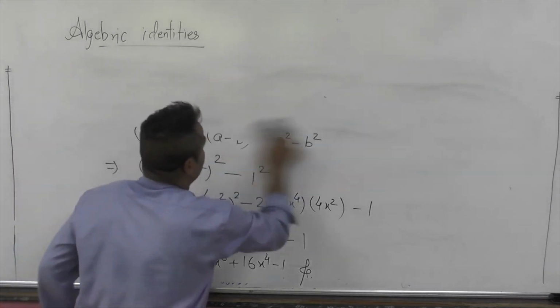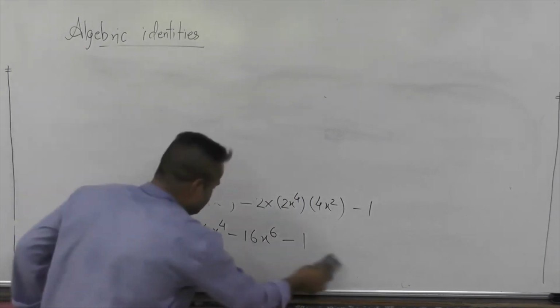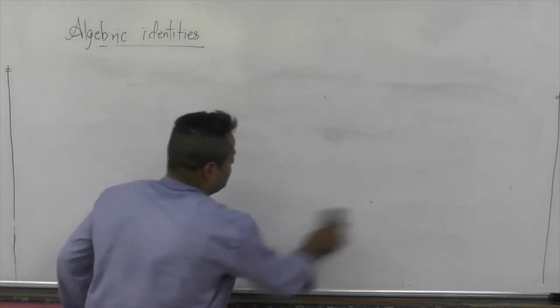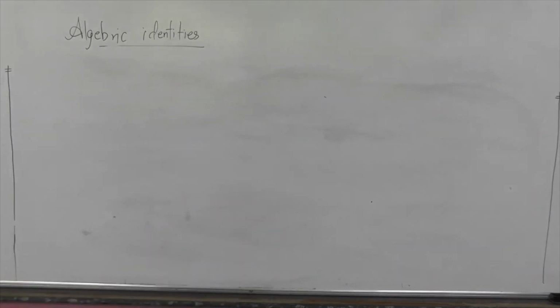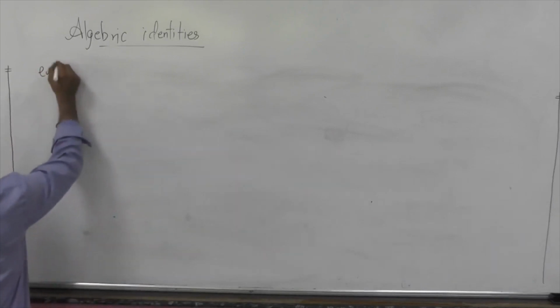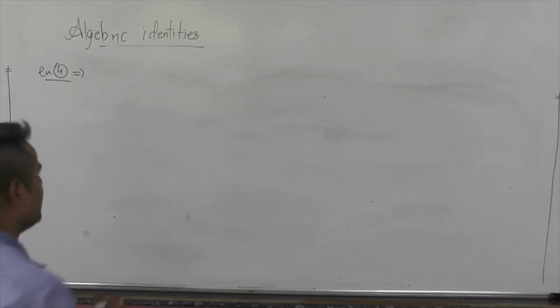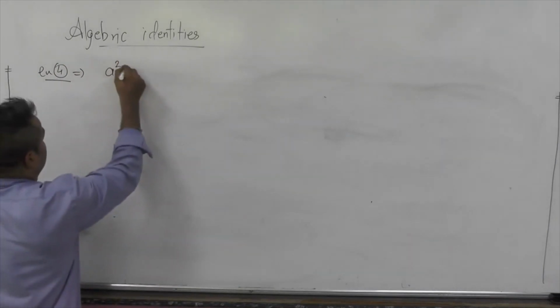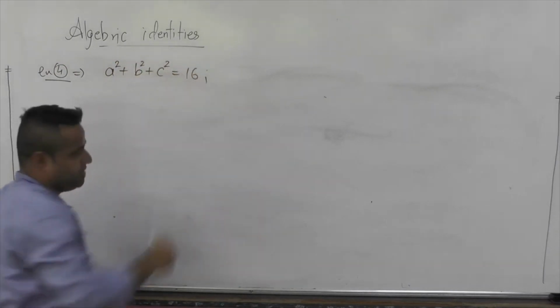In the other exercise, there are also mixed terms kind of questions. These mixed term questions give the value of different terms, and we need to find the answer for the combined term. Like you can see, I am taking example 4 here. The value of the term given is a square plus b square plus c square is 16. So a square plus b square plus c square is equal to 16.